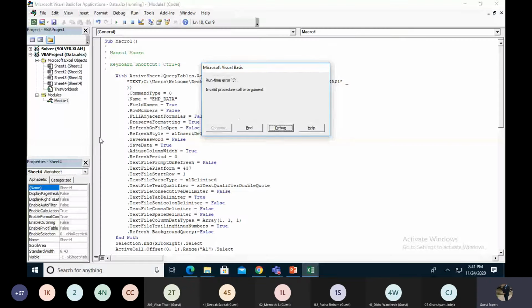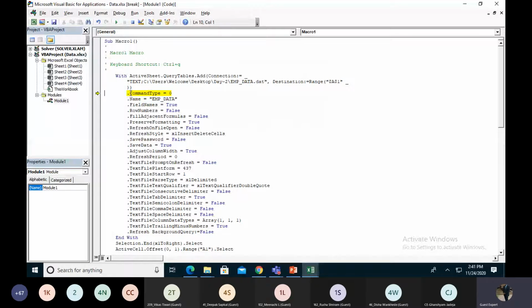Control Q. So this debugging error, this command type error, happens because they're checking the data from the notepad as well. They take the data one by one, but at the end of the data they cannot find any kind of data. So there should be a 0. They're just working like a pointer right now. So we make them a comment.